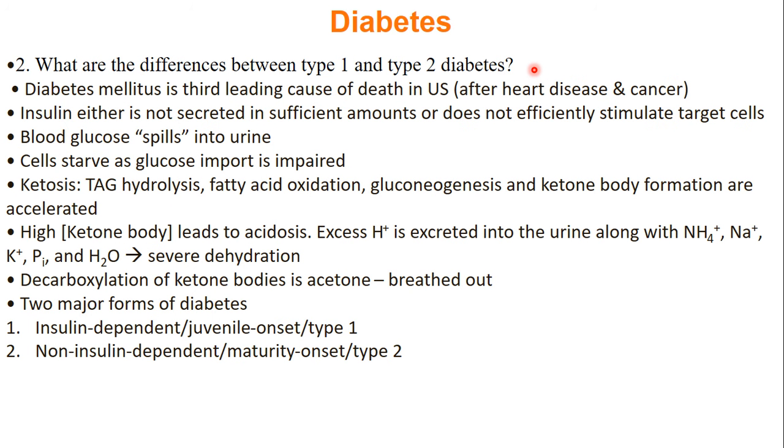So what's the difference between type 1 and type 2? So type 1 is insulin dependent, so you don't make insulin because your pancreatic beta cells have been destroyed, or something's wrong with them. You're not producing insulin anymore, and this is called juvenile onset. While type 2 is non-insulin dependent and maturity onset. So in type 2, you're making insulin, but your body doesn't recognize that you're making insulin. Either the receptors aren't working anymore, or it could be anything that just shows, I can't recognize that I have insulin being produced. So that's the difference between type 1 and type 2.